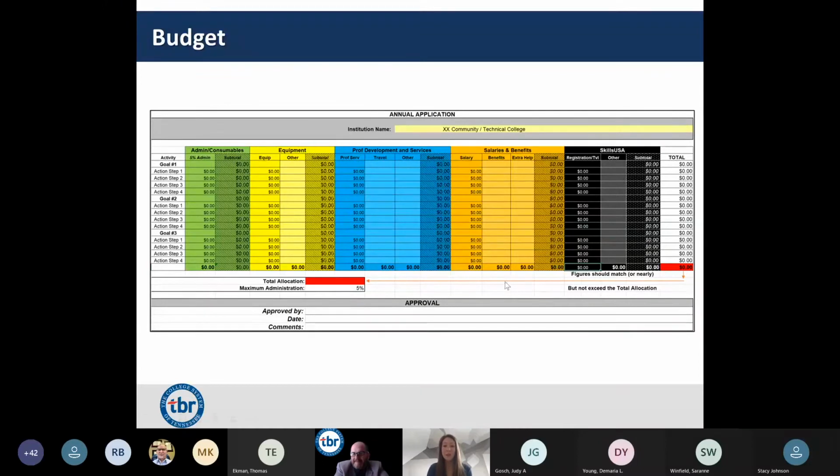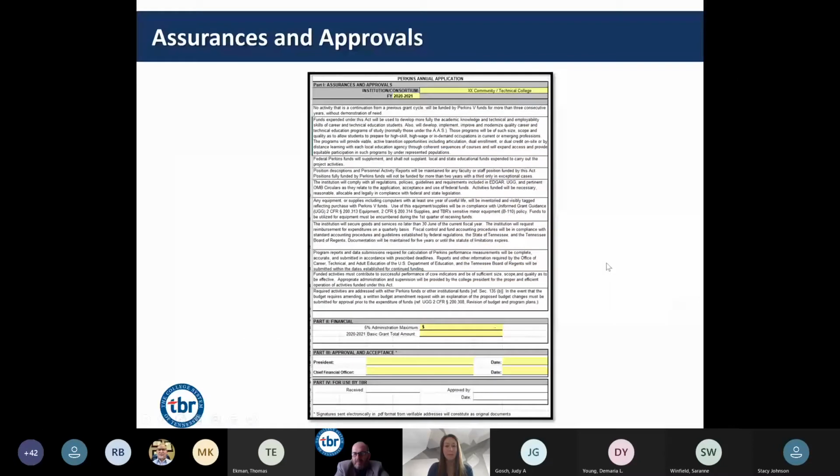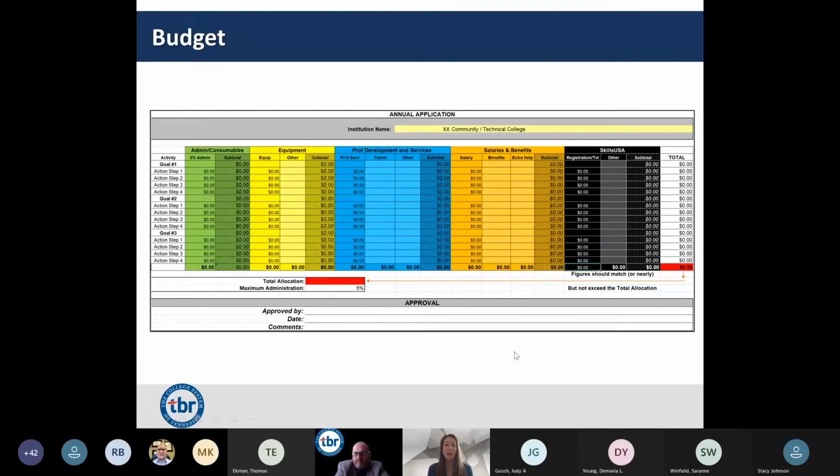Please make sure that you list your total allocation and then don't allocate any more than your total allocation without pre-approval. I'm going to go back to that for just a moment. Whenever we review your basic grant applications, we will add an electronic signature that we have approved it and the date that it is substantially approved. We will list any comments there if necessary, and we will send that back to you so you have it